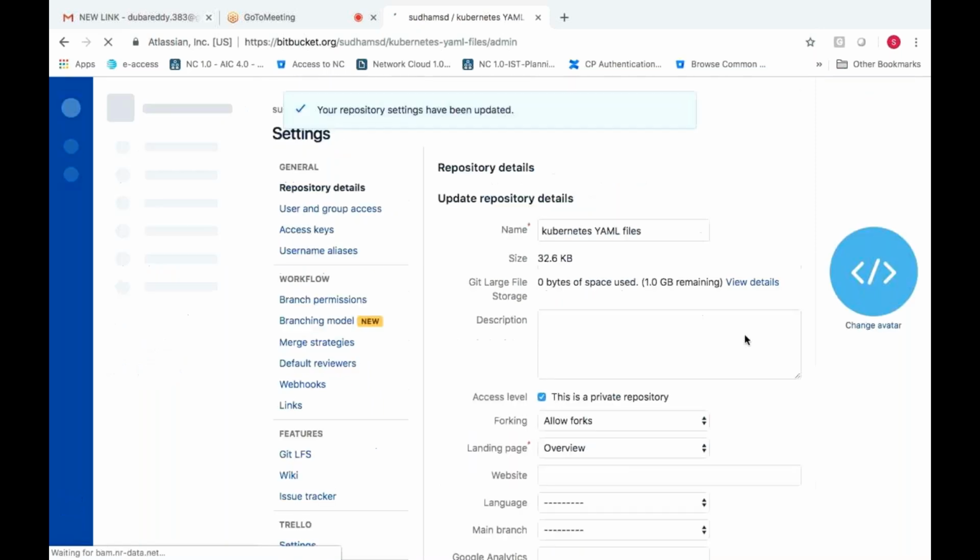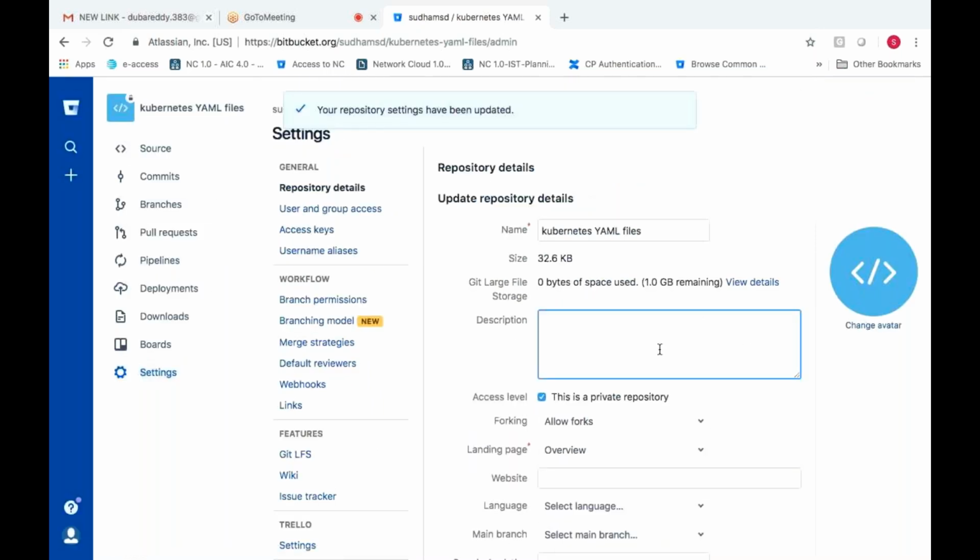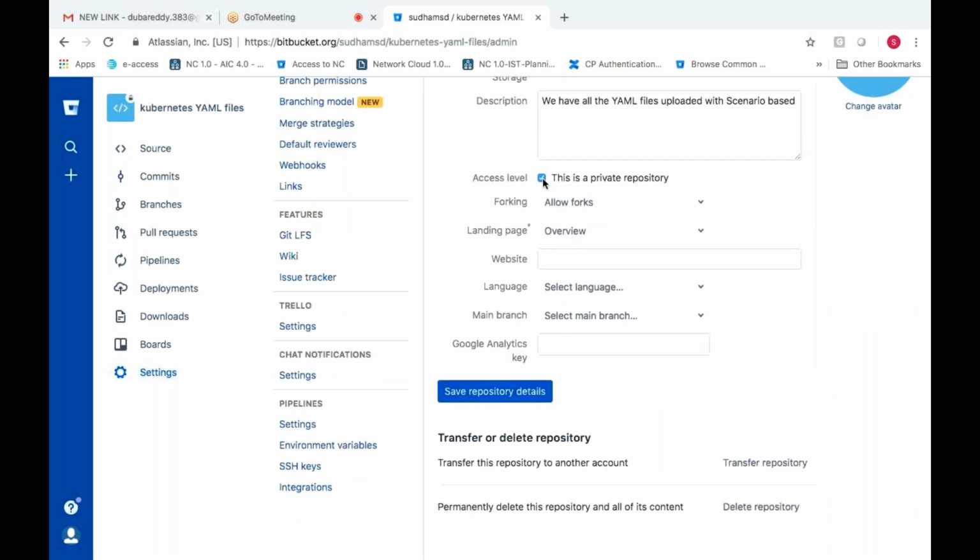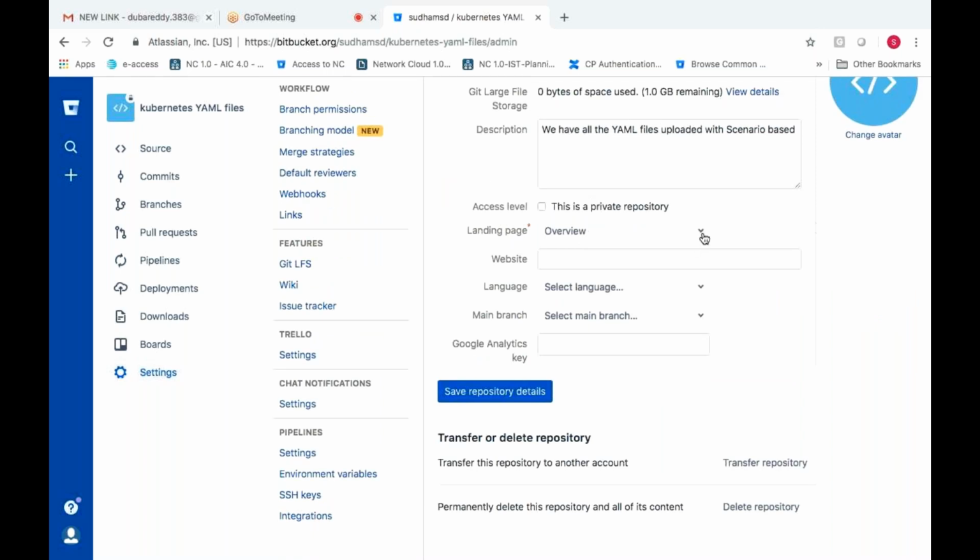I have 1 GB remaining, so I will write a short description and save settings.